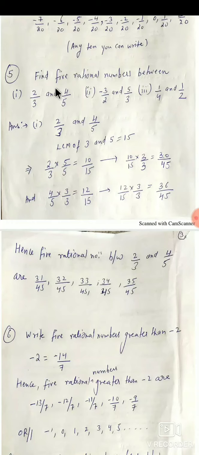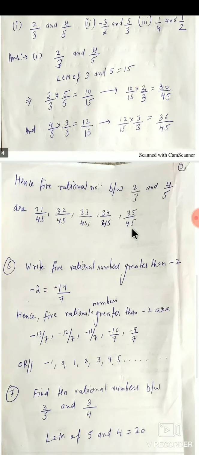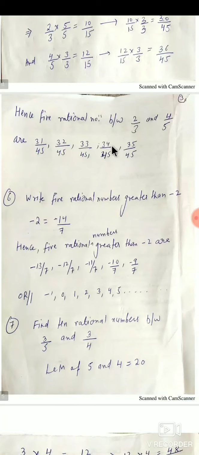Clear? But suppose the requirement is 10 rational numbers, then multiplying by 3 is not sufficient because you are not able to write 10 rational numbers. Then you have to choose some other number. So it's very simple. You can take 10 every time. By taking 10, obviously you get more than 5, 6 rational numbers, or 10. Sometimes you can take 100 also. Okay, that will be very easy, and multiplication by 10 is the easiest thing to do. Now, the second part and third part I have already told you, you have to do on your own.